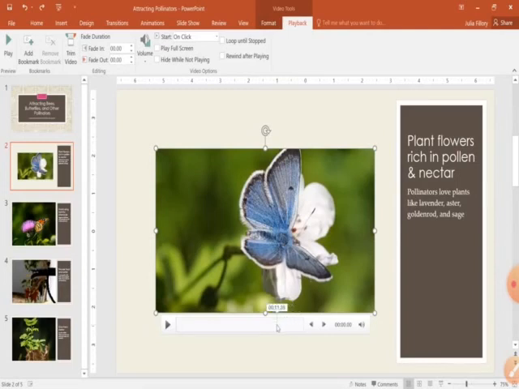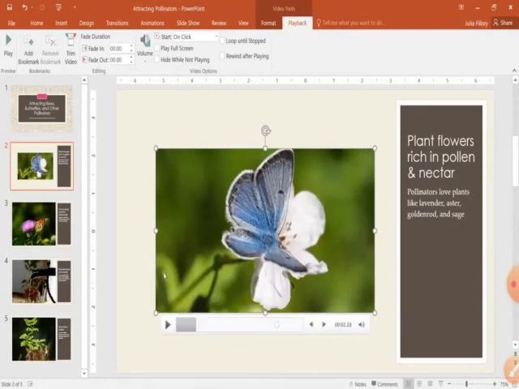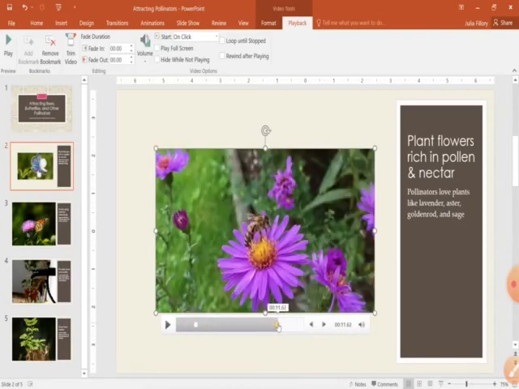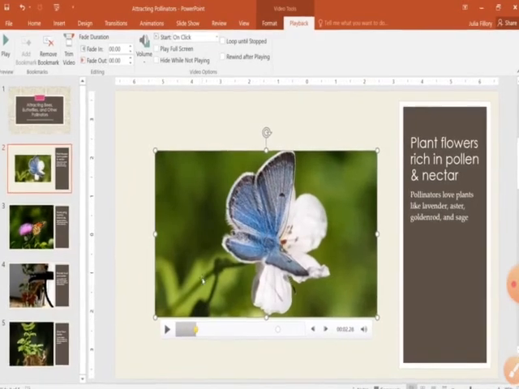And now we can also add bookmarks, meaning when you click, you can jump to your desired part of the video. To set a bookmark, click on Add Bookmark and set the position on the video slider. So you can set the part of the timing in the timeline of the video. This way, while showing the presentation, we can jump to that part.